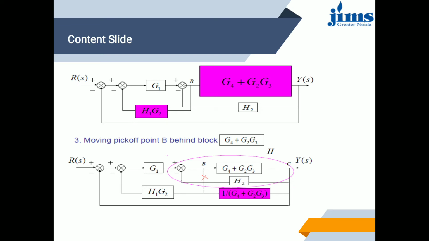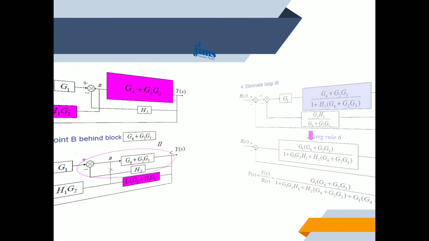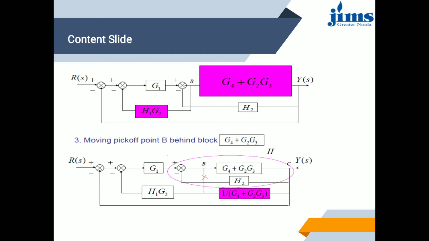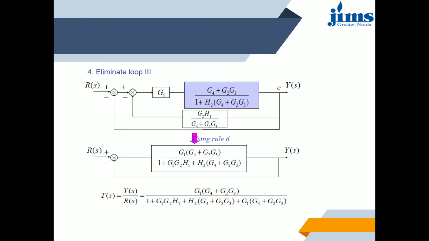Next we'll have this closed loop. When you solve this closed loop, we'll have gain upon 1 plus gain into feedback, because the feedback, we can see, was negative feedback. The formula will become gain upon 1 plus gain into feedback. So this will be the new system gain. Now we can see that G2 and G3 are in cascade, that means they'll get multiplied.